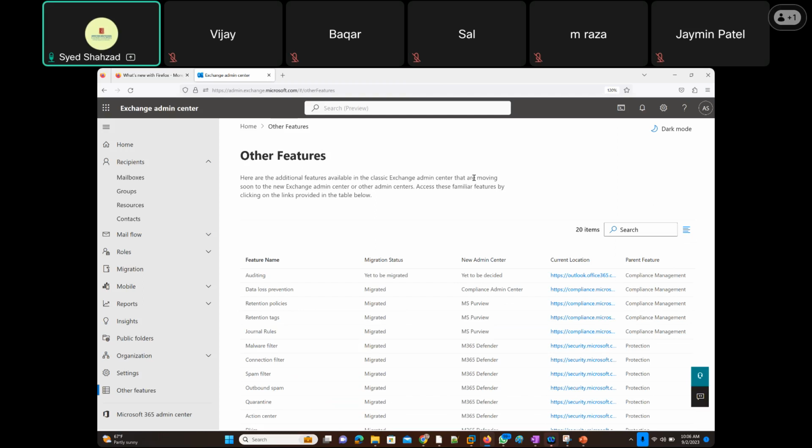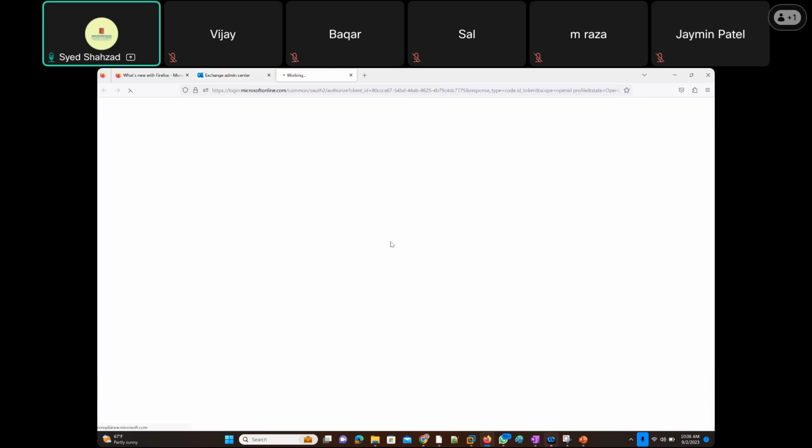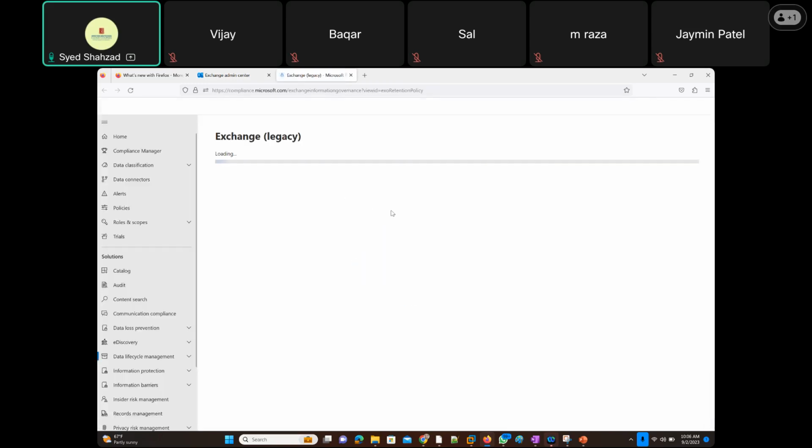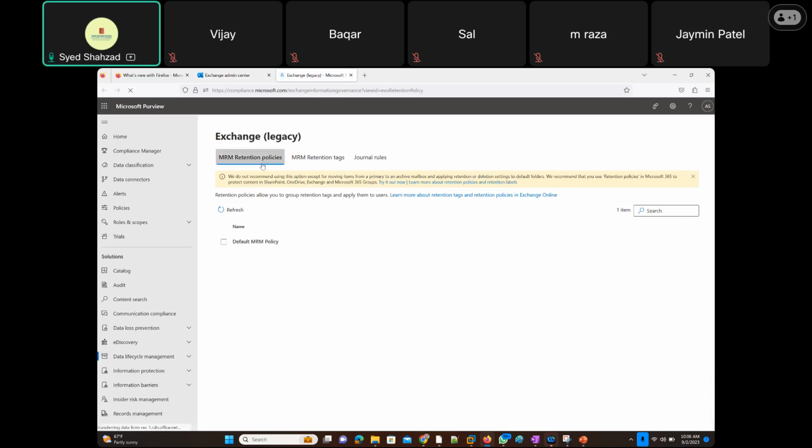Here we have gone through retention tags as well. We created the retention tags, then we attached it to the policy last time. I think we did attach it to the policy, so I'm just going to go there to compliance, and then we're going to check it out. The legacy Exchange still MRM retention. It's called MRM, although it's so this default MRM policy. In fact,